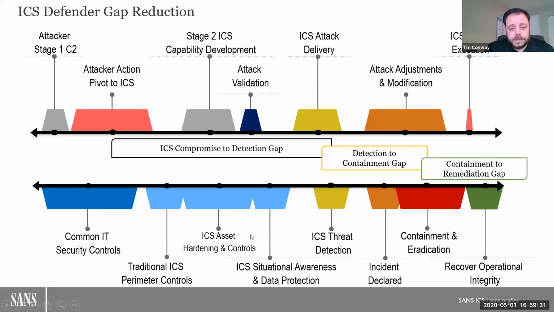The traditional ICS asset hardening and controls, to the degree that they are available, it is a question of whether they're being used and implemented by the asset owners and operators. And in many cases, the devices are built for purpose, meaning taking any cycles away from the real-time operating system to do packet validation or security components. Many of these devices are built with the expectation that they will be secured around the device physically and electronically. They are not built as a security device.